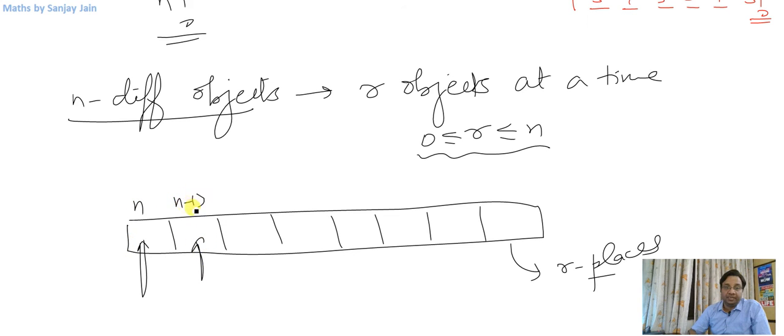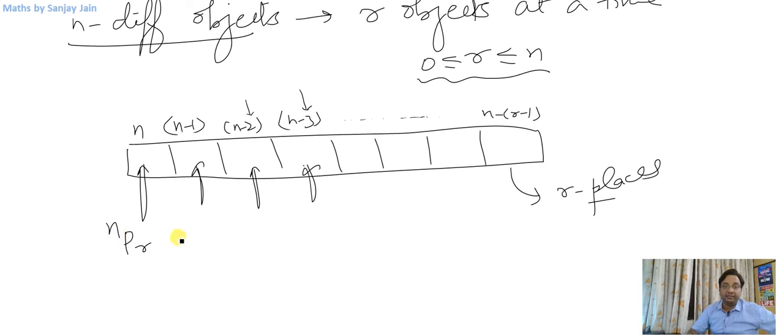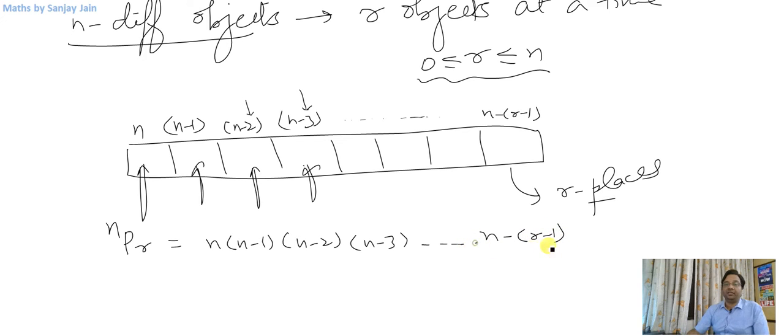Second place can be filled in n minus 1 ways. For third place I have got n minus 2 options, right? For fourth place n minus 3 options. This is something we have studied already, right? So fourth place n minus 3, third n minus 2, rth n minus r minus 1, right? So rth place can be filled in these many ways. So we said that the number of ways of arranging r things out of n different things, when repetition is not allowed, obviously, is equal to n into n minus 1 into n minus 2 into up to n minus r minus 1. This is something that we have learned in the previous lecture.